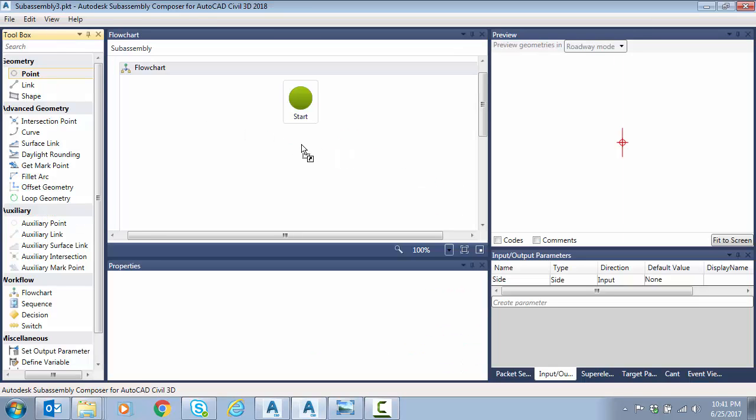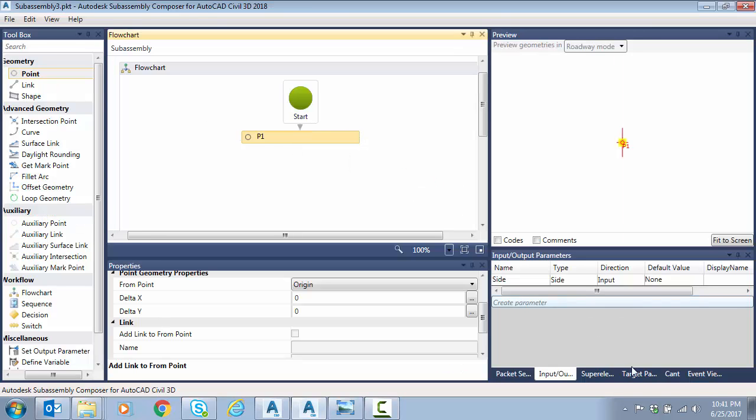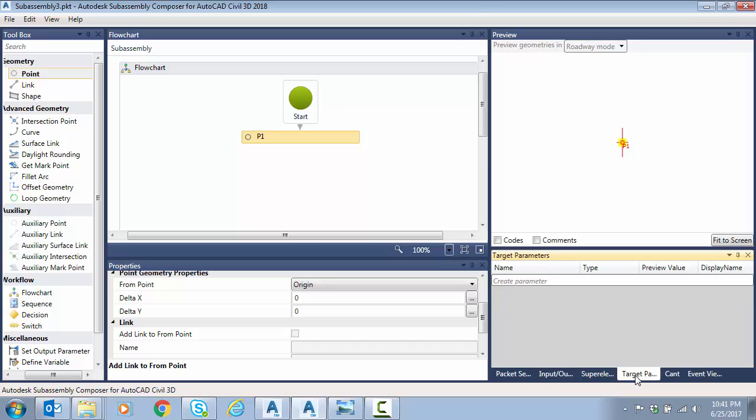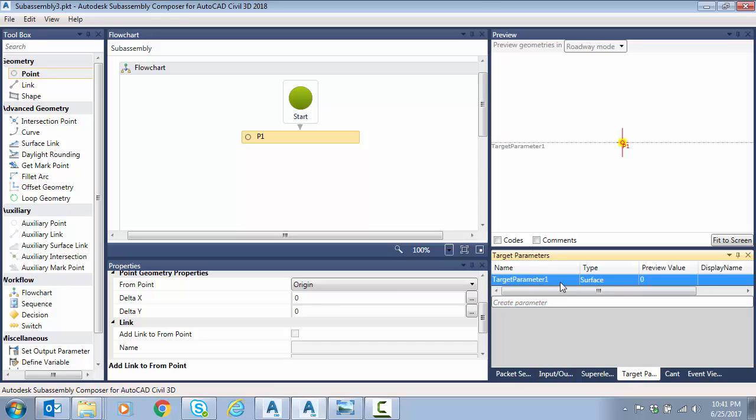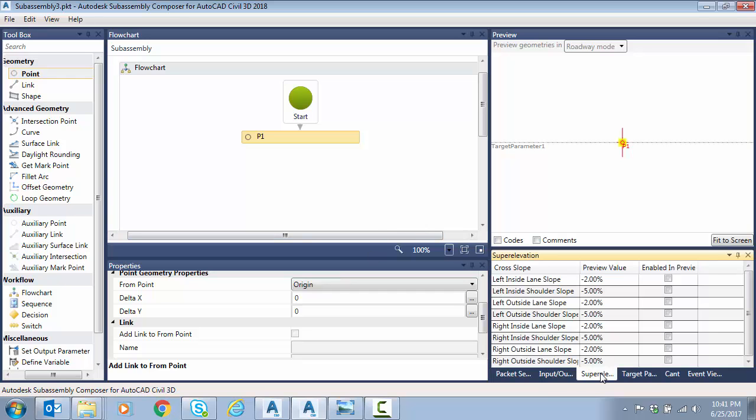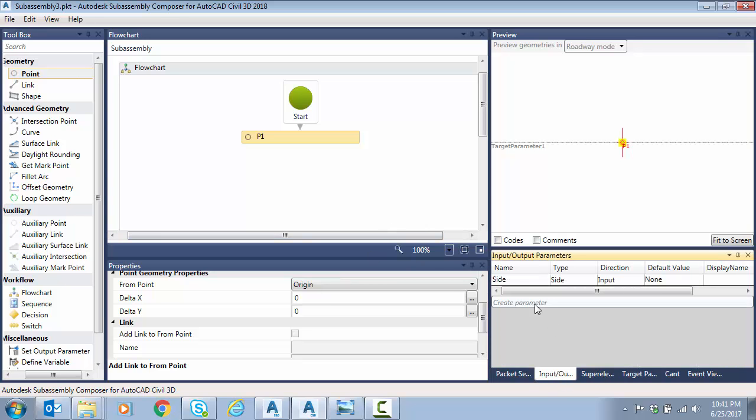To start with, just like always, we're going to drop a point. And before I forget, I'm going to jump over to our target parameters and create a surface target parameter. Call it EG. Since we're targeting a surface, I'm not going to set up all of my codes and input parameters properly. We've done that in previous videos, so I'm just going to continue here with the geometry and the layout of